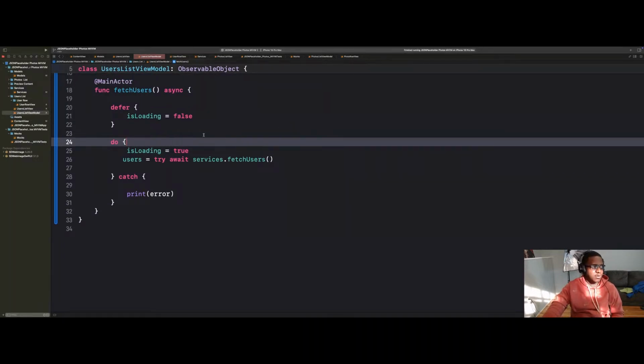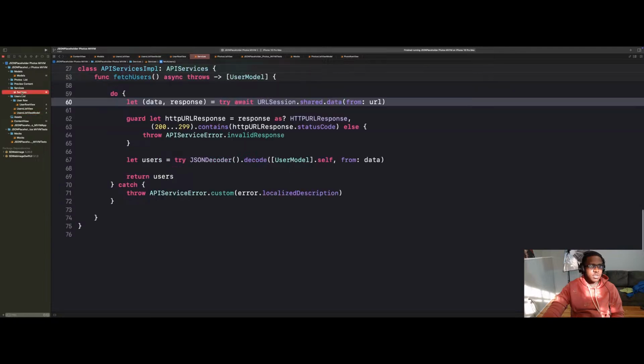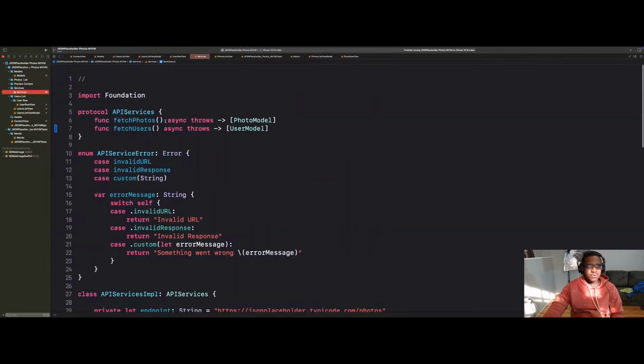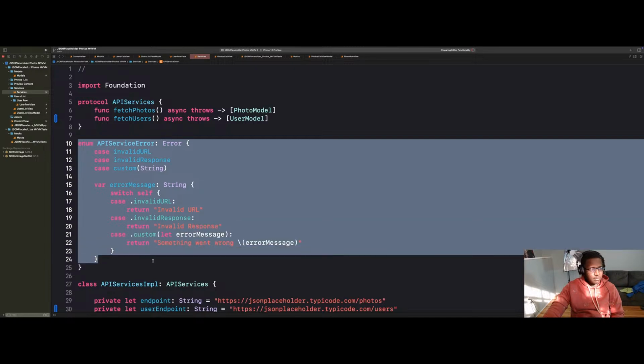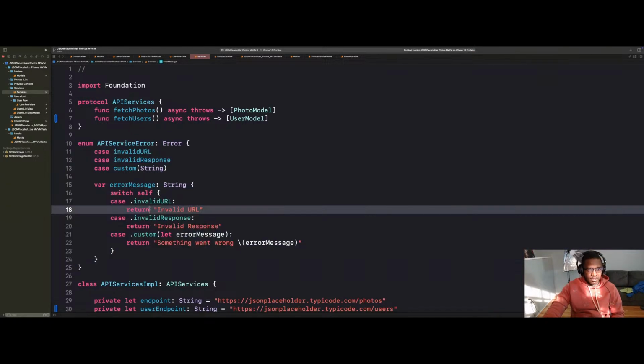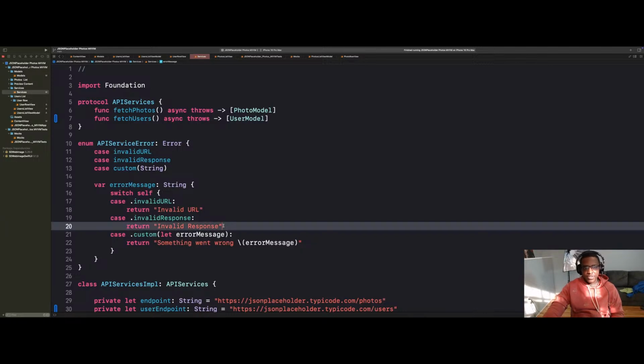So we just got to jump to services and then scroll up. And you see that this is our custom error. So we have invalid URL, invalid response, we have a custom one, and we also have readable error messages